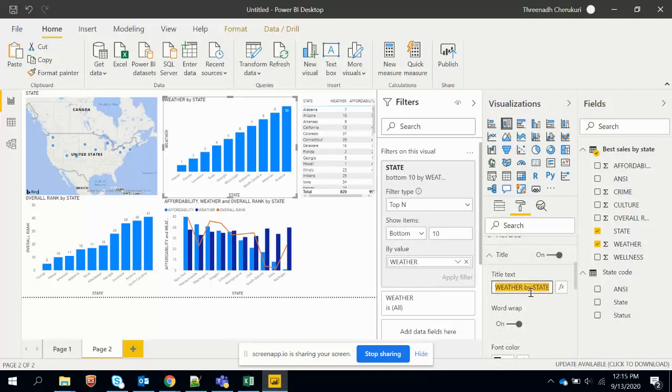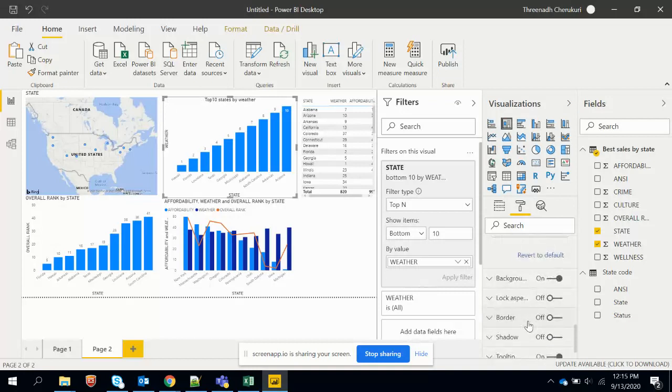Title plays a key role in understanding the visual. So here I am showing the top 10 states by weather. Like this you can play. Here you have the alignment options and font, color, background, whatever. Maybe we can cover the particulars of these visuals in another video.